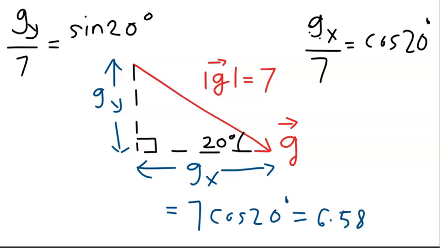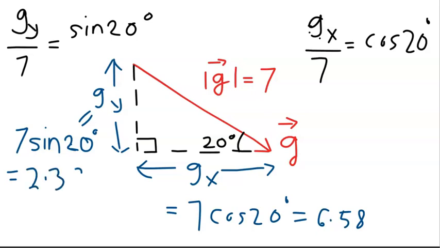Likewise, gy over 7 is sine 20, and gy equals 7 sine 20, which is 2.39. So you have the y component and the x component of vector g. So you see that if you are given the magnitude of a vector and the angle that vector makes, for example, with the x-axis, you can figure out the two components. Later we will see if you're given components of a vector, you can figure out the magnitude and the direction